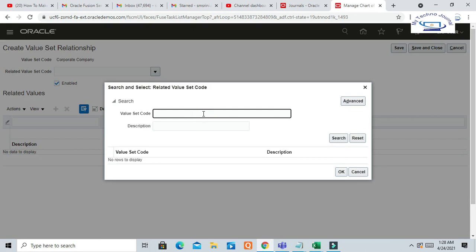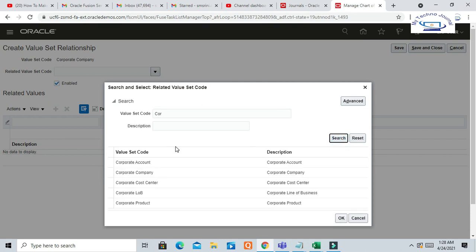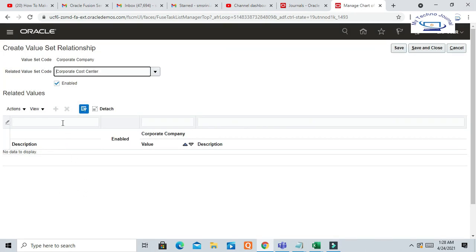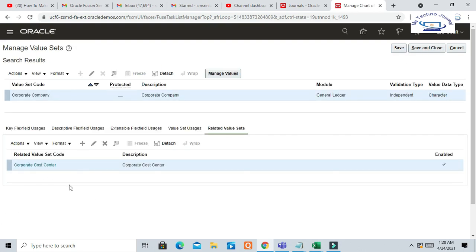Related validation code. Okay. Corporate cost center. Save and close. Okay. So now we build one relationship between the company code and corporate cost center segment.